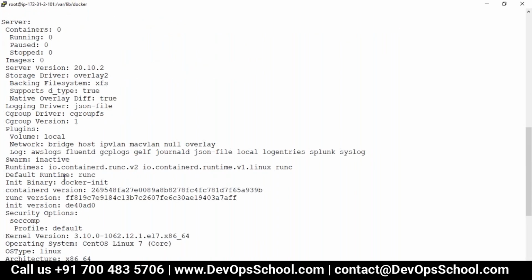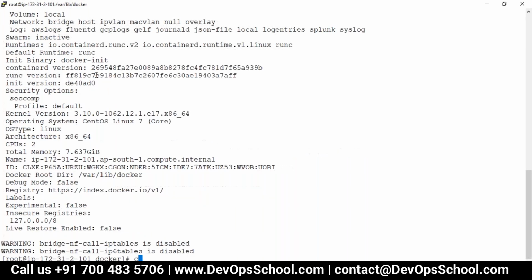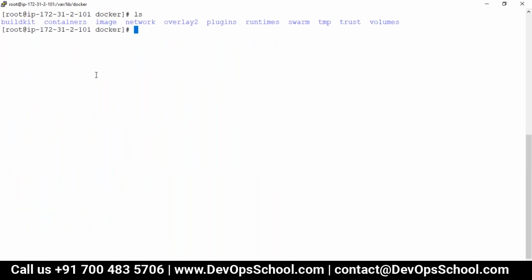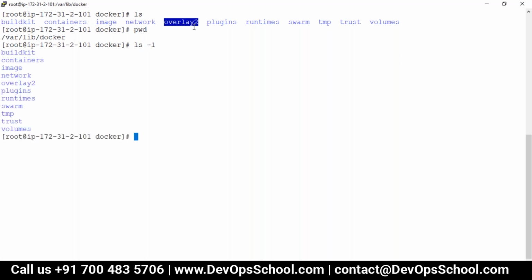If I go to the storage driver, here it's overlay2. That means it can be overlay2, it can be overlay, it can be device mapper, it can be aufs also. So overlay2 means all the layers will get stored in this directory. Remember, that is how I trace it. You may have a different platform. This is the way I'm tracing. You should trace also. But here I see multiple directories and I don't know what exactly this is. So let's understand this.